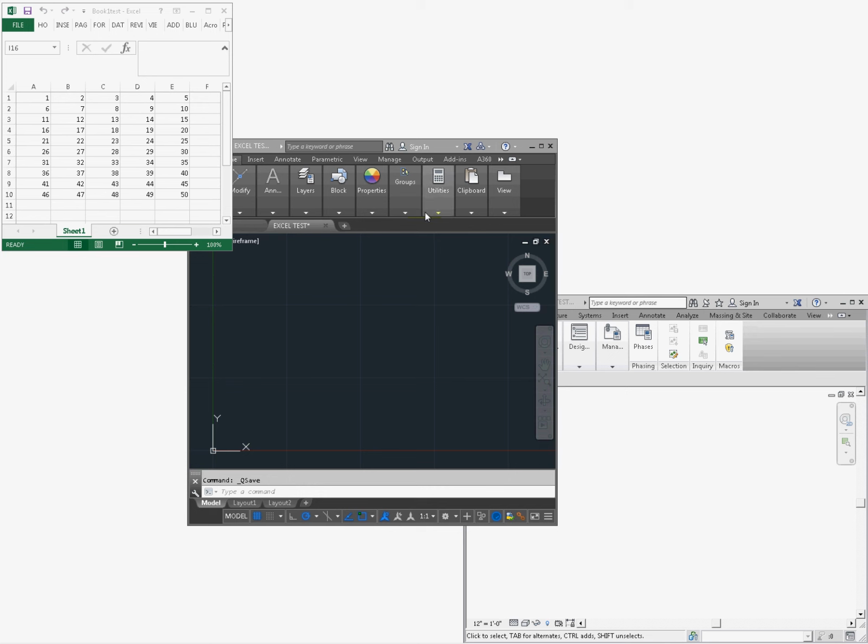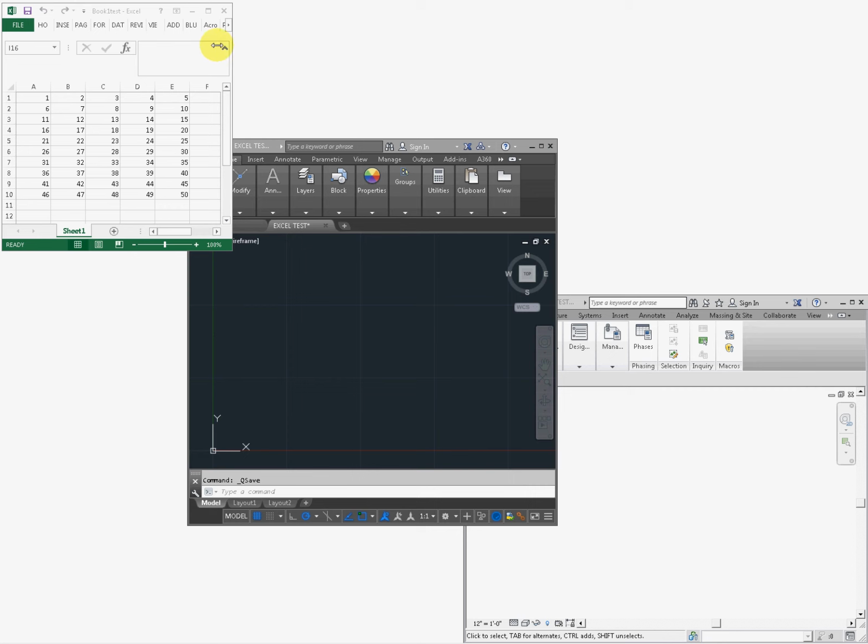Alright, so one of the questions that I received recently was how do I get Excel into AutoCAD and/or Excel into Revit? Well, one of the things that we can do is utilize all the tools that come with the products. There are other applications that will get you Excel into the other applications, but it's truly not necessary. It may be more efficient in some ways, but it does cost money, and there's the whole hassle of having to go through asking and getting it approved and getting it installed and everything like that. But if you're ever stuck and you actually need to have it just done and get it done right now,